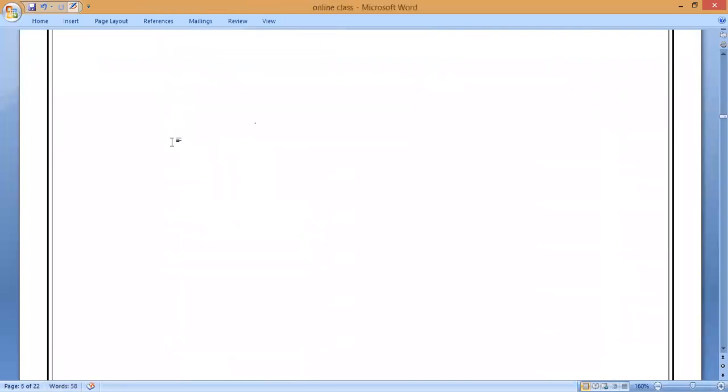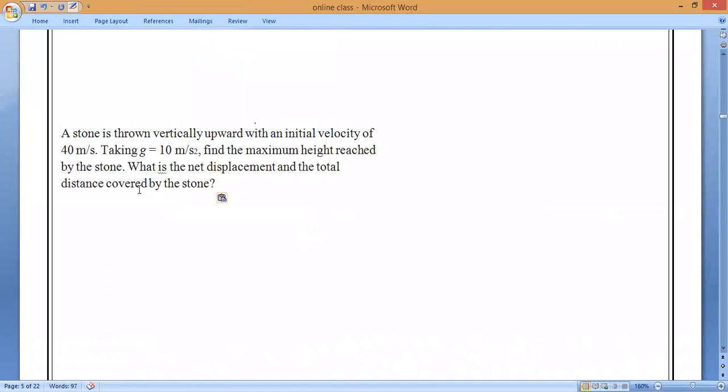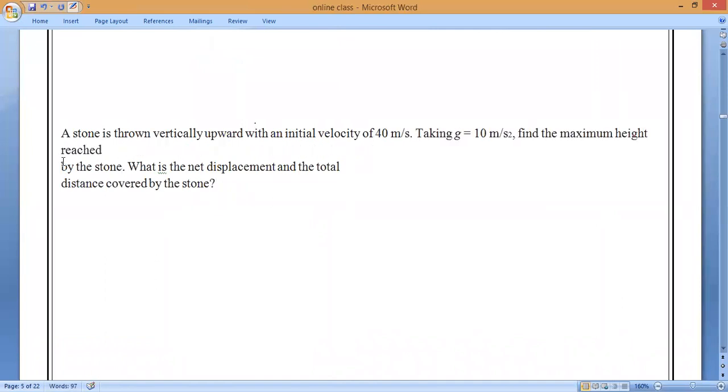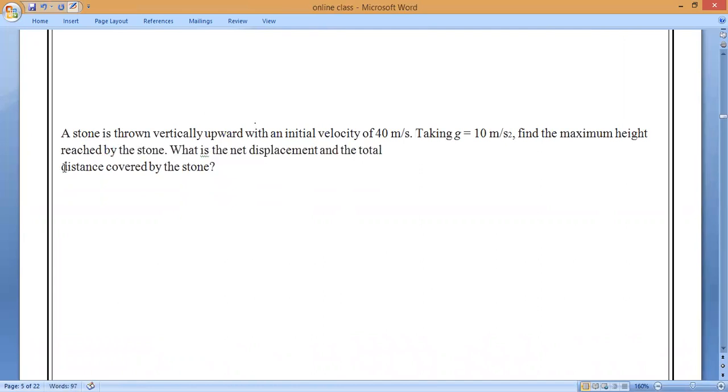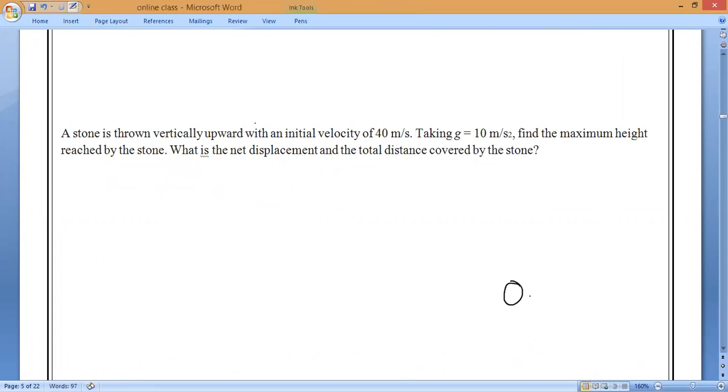So write the given data first. First of all, let me find the maximum height. They're asking the maximum height attained by the body. So first, write the given data. A ball is thrown vertically upwards with the initial velocity of 49